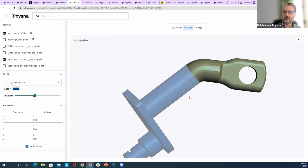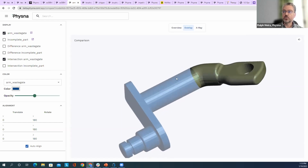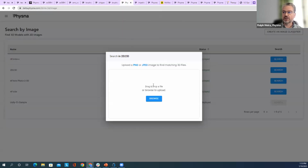In the industry, this happens all the time. Engineers quite often get frustrated not being able to find by searching. And so we facilitate that process significantly. Now, let's say you don't have a 3D part, but you have the part itself, the physical part in your